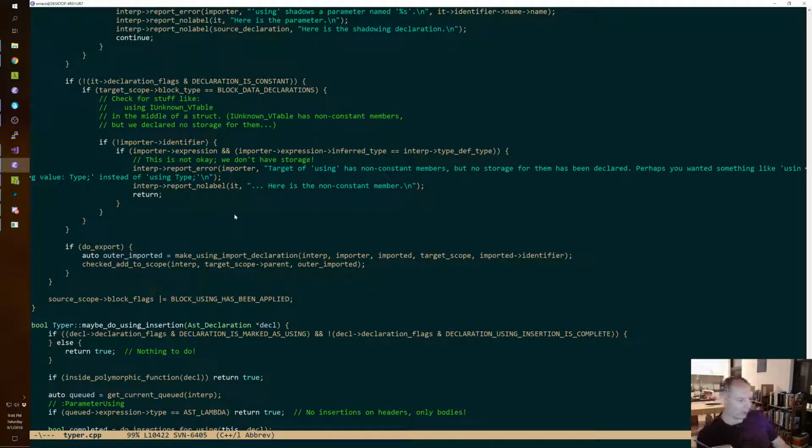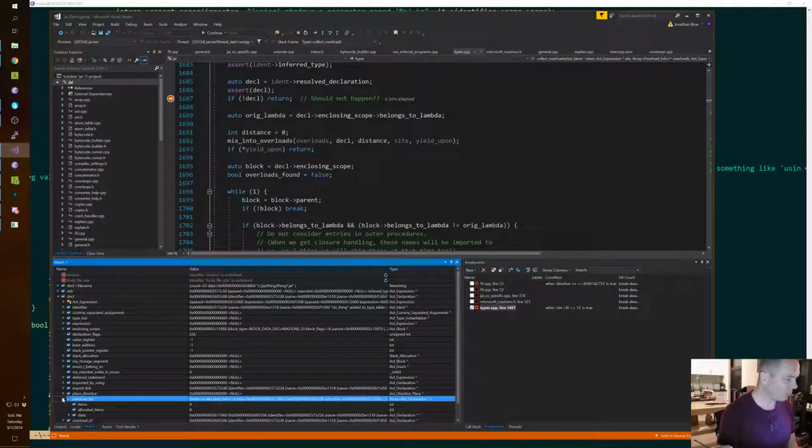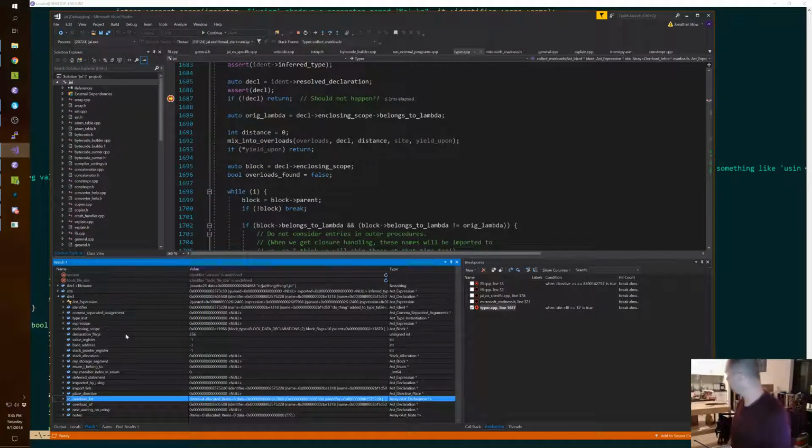I want to look at where the overload list comes from. We can definitely set a breakpoint at, hey, when does this guy's overload list get added to? But first, I'm going to get up and boil some water, and that may help me wake up and get the blood sugar going.